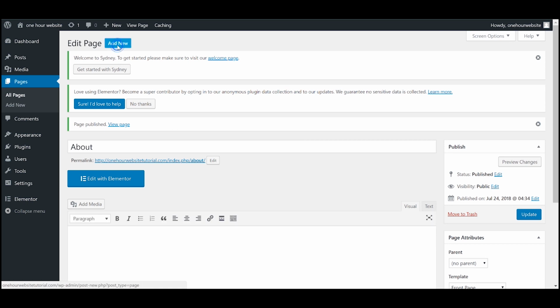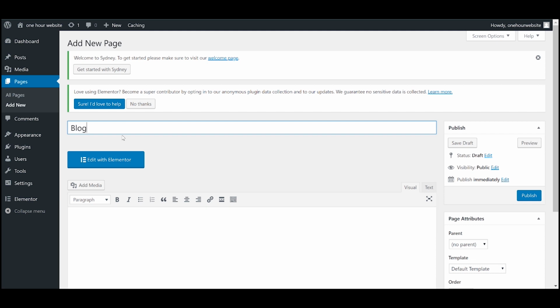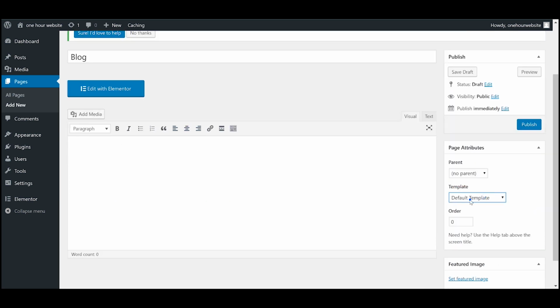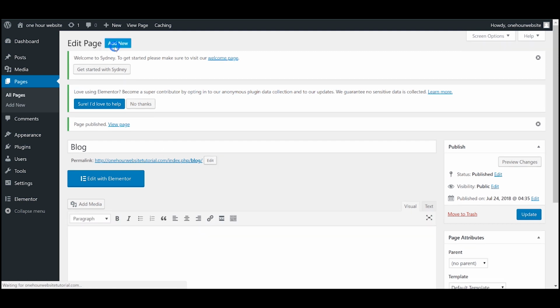Let's add another one, and we're going to call it blog. And with this one, we're actually going to leave it as the default template. I think the blog looks better with the default template, for this one at least. And we won't actually be using the Elementor page builder within the blog section, so we can just leave that as the default template. So we're just going to hit publish, and we're going to add one more, and we're going to call this